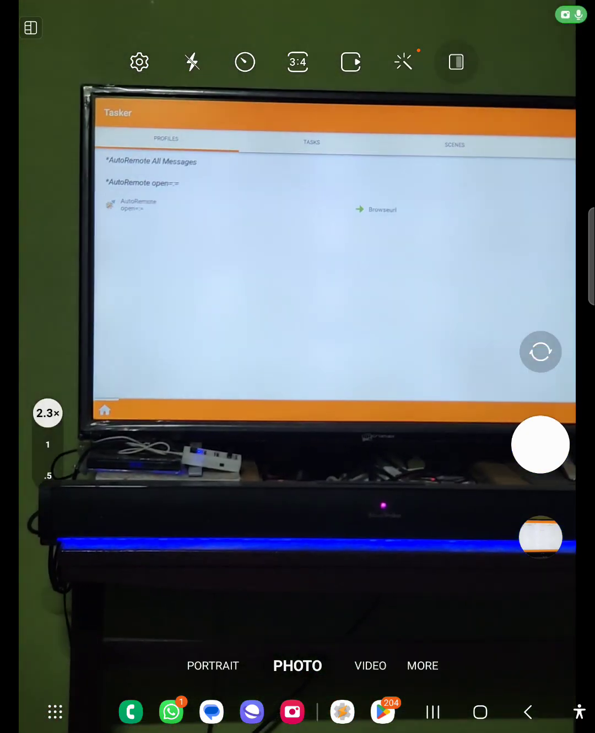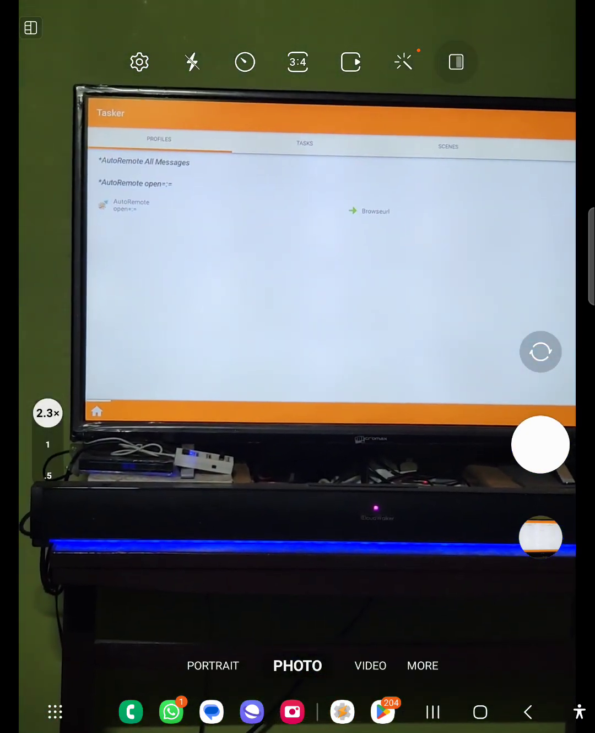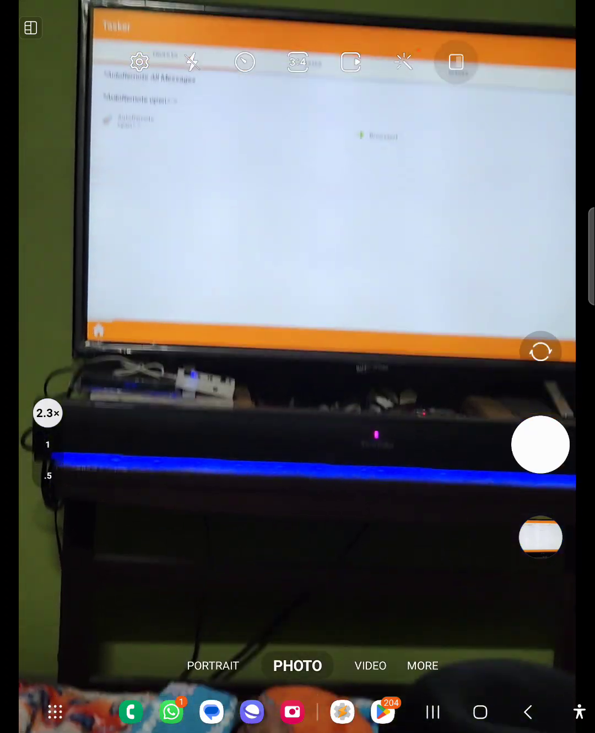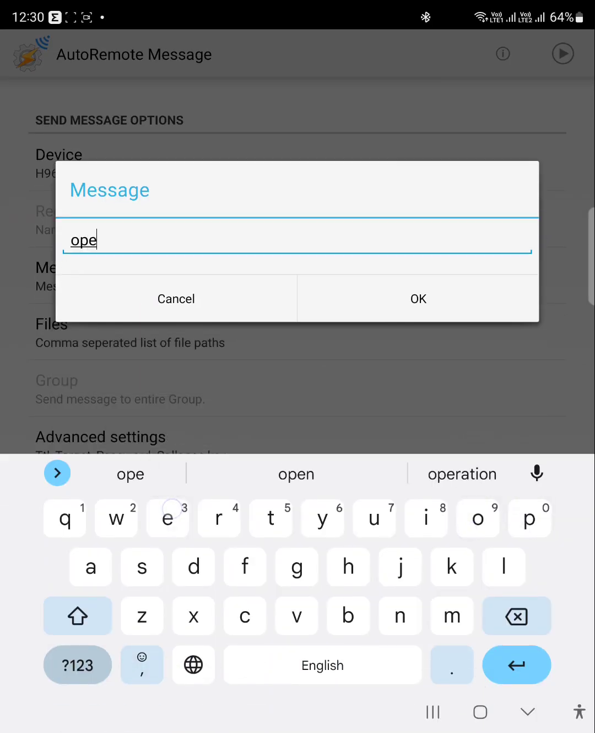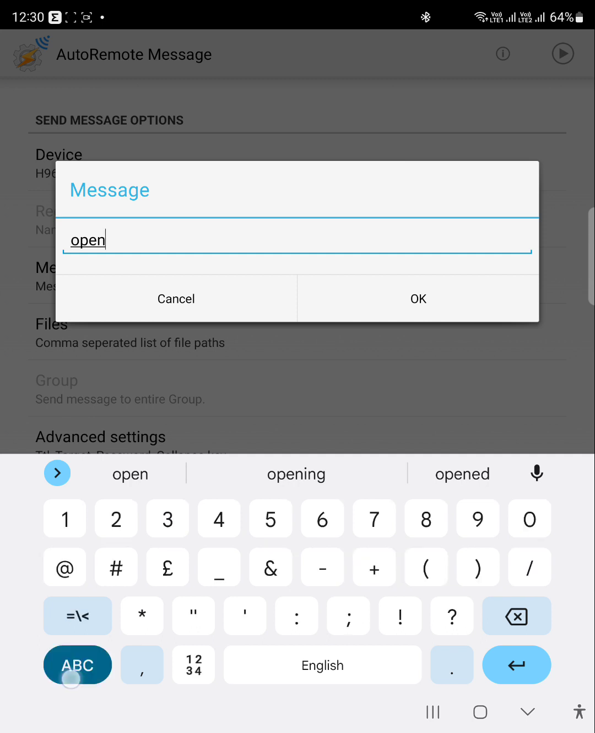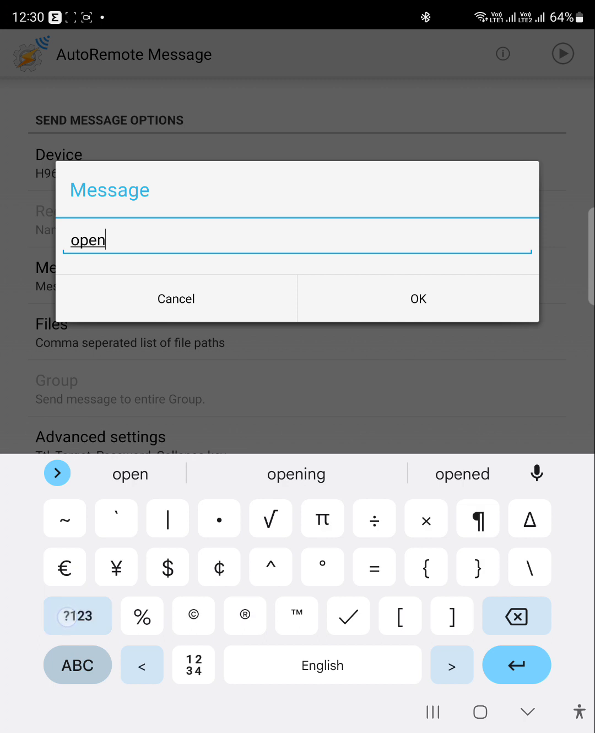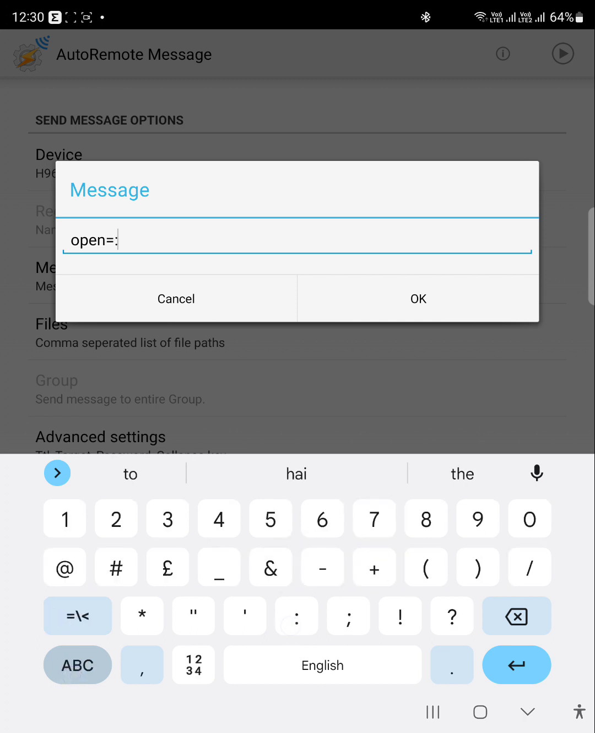So what I will do is I will just add open equal to colon equal to. So let's just add open equal to, equals and then colon and then equals. So what it will do is activate that particular profile, and then I will just use